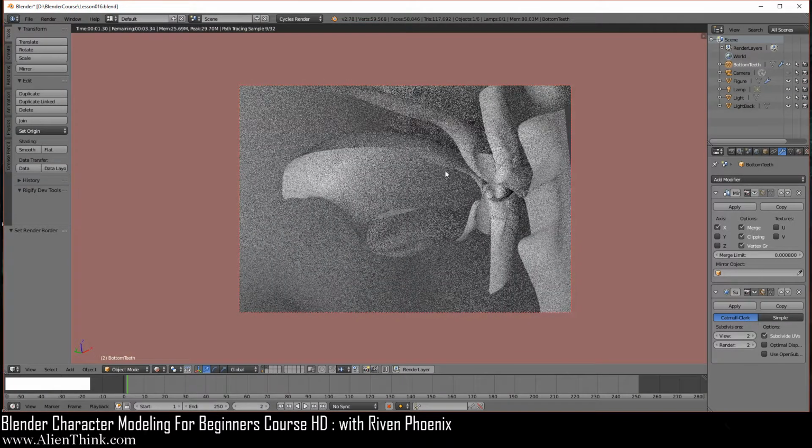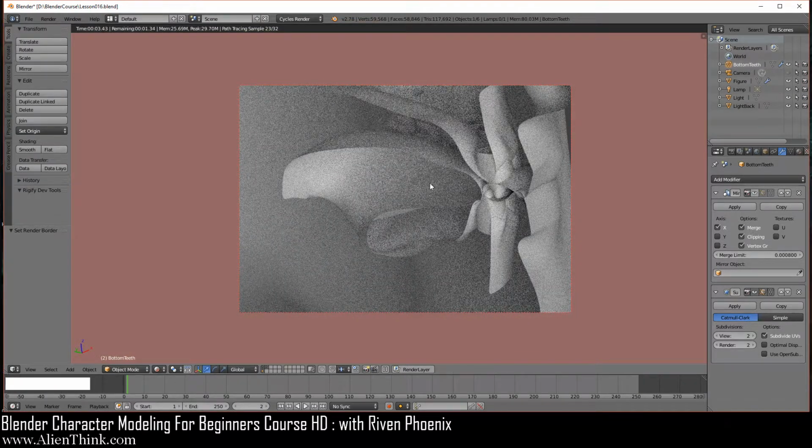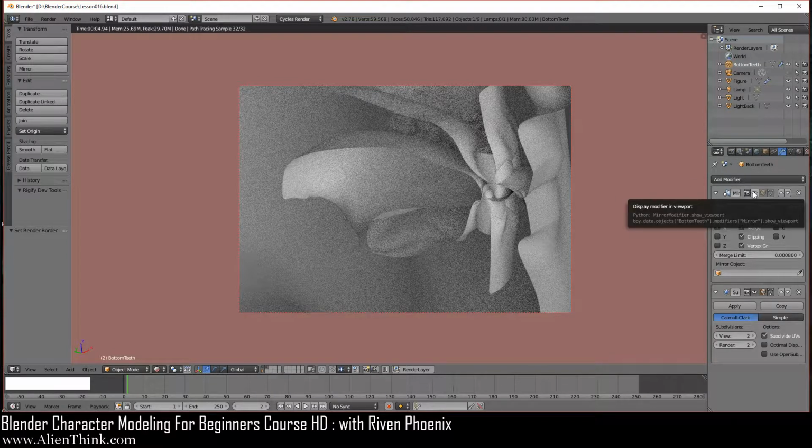So if I rotate it this way, you can start to see the line over here. Obviously we're seeing the inside of it. That's why it looks a little confusing, but you can close all this up if you needed to do some sort of an illustration, okay? Anyways, I just wanted to show you that. So we're just going to click this back on.